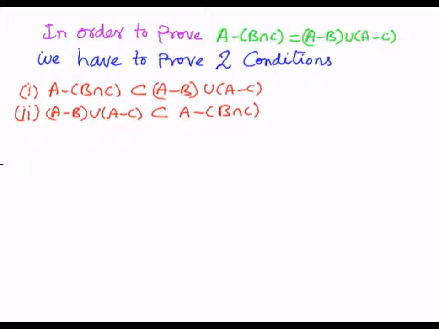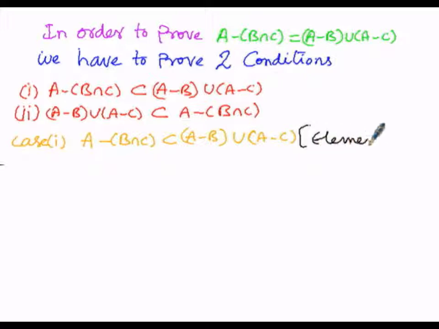Out of these two conditions, I want to prove the first condition, that is case number 1. So in our case number 1, I am going to prove A minus of B intersection C subset to A minus B union A minus C, that too by means of the element wise proof. So here in our element wise proof, we have to consider one element, that is x, which belongs to the left hand side. Let x belong to the left hand side, that is A minus